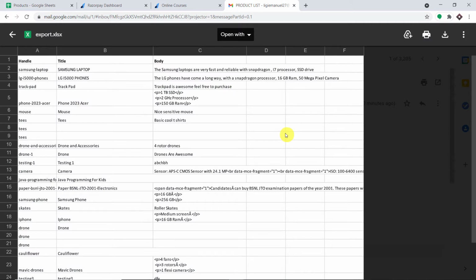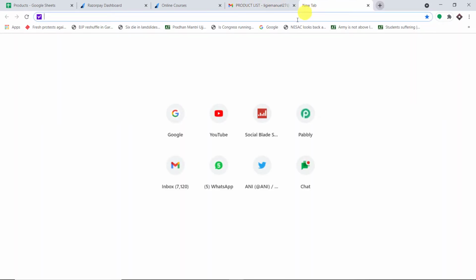Now you are thinking, how did I manage to send the Google Sheet file to a new customer in Razorpay? I have used an integration and automation software called Pabbly Connect that integrates Razorpay, Google Drive, and Gmail. The best part of using Pabbly Connect is there is no need for coding skills or programming knowledge. It can be done easily. Let me show you how it's done.